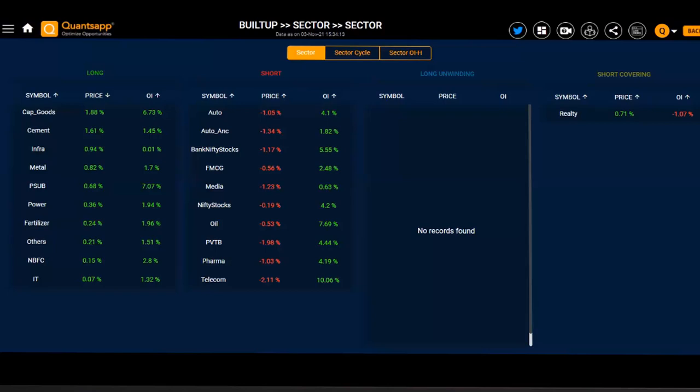So the first thing the built up sector panel will do is tell us which sector is witnessing what built up. If we do this in the opening hour, and if we want to do a top down approach, trust me, this tool will give us directly the sector which is in a good momentum. Then we can probably identify the stocks from that sector specifically.